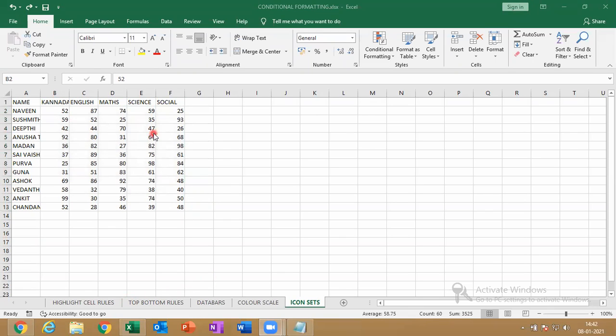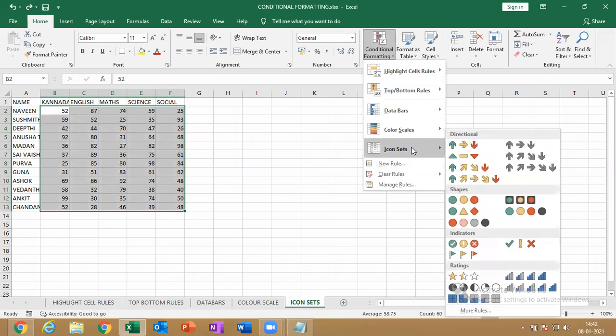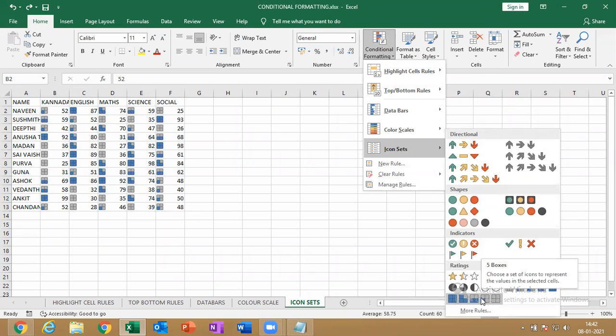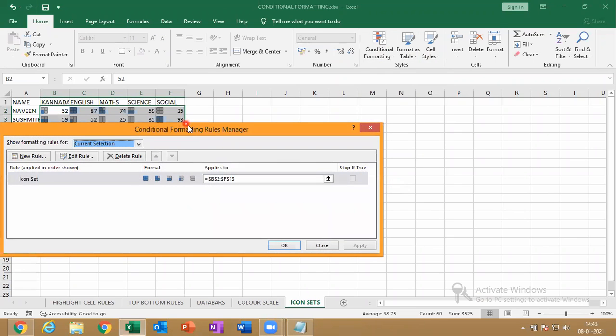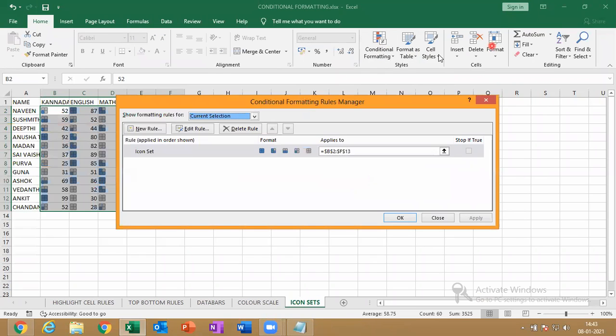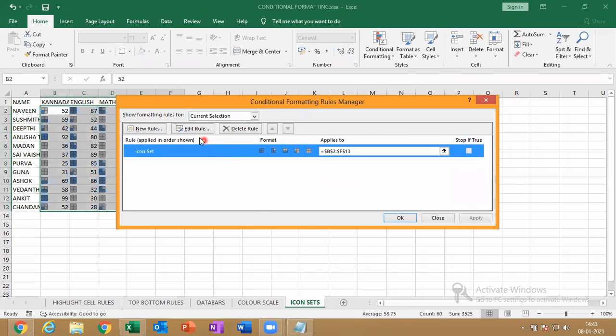Okay, so just select here, conditional formatting, icon sets, choose whichever you want. Now again click on conditional formatting, go for the last option, manage rules. You will get this screen. Just select this, edit.